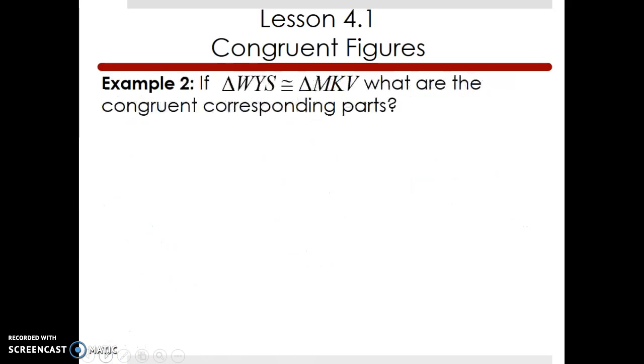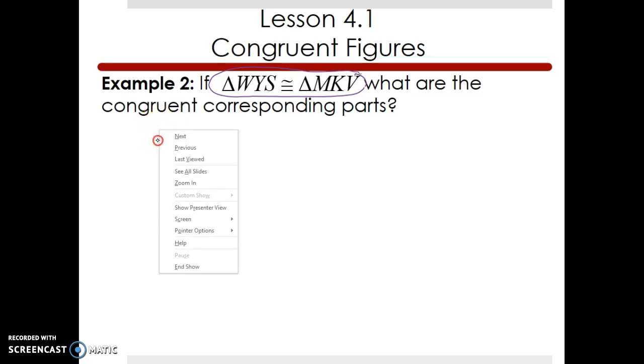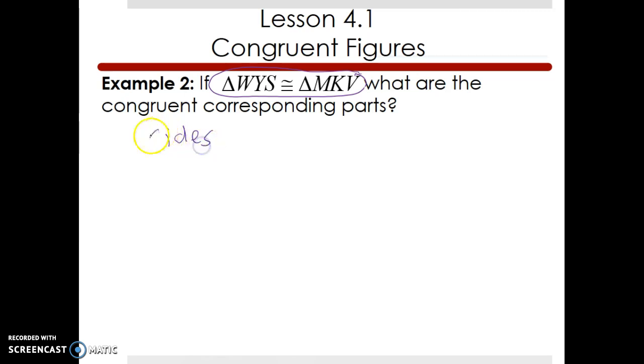Example 2. Over here I do not have a picture, but I can tell you from this expression that they're going to line up with each other. Again, it's asking for congruent corresponding parts. You have your sides and you have your angles. It's a triangle, so it has 3 sides and 3 angles. So let's see, angle W